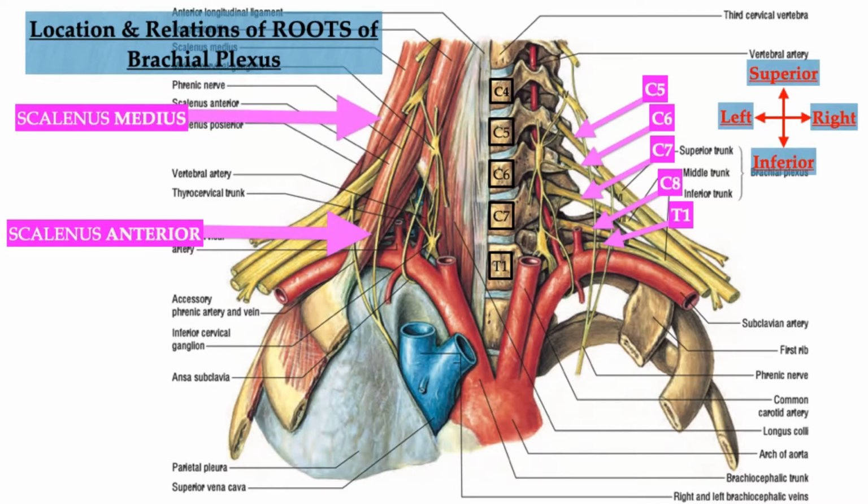So you need to appreciate that the roots of the brachial plexus along with the subclavian artery come out by passing in between the anteriorly lying scalenus anterior and the posteriorly lying scalenus medius muscle. While coming out from deeper to superficial plane, the roots and the subclavian artery pull a layer of deep fascia, which is called the prevertebral layer of deep cervical fascia, along with them. This layer of fascia, which forms the sheath around the brachial plexus and the subclavian artery in the axilla, is called the axillary sheath.